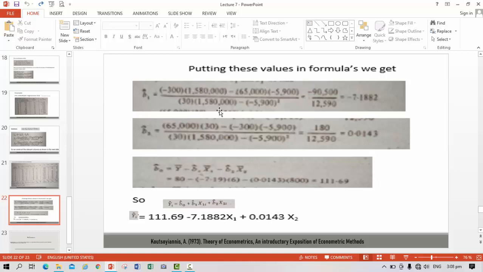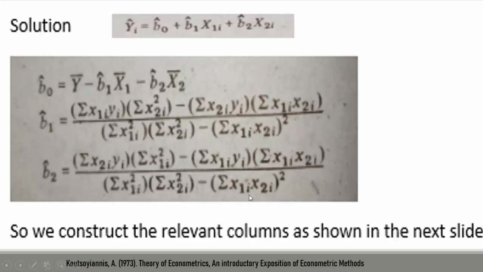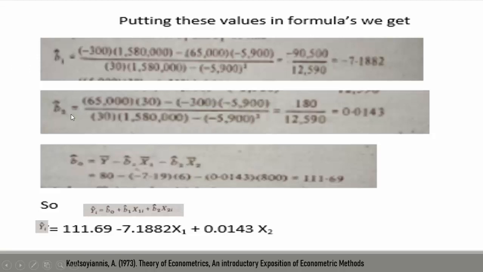We put the observations in and calculate them, and we get the value of beta 1 hat as minus 7.1882. You can multiply these and subtract. After making the subtraction and multiplication and taking squares, you get beta 1 hat as minus 7.1882. Similarly, if we put the values in this table in formula number 3 for b2 hat, we get the estimator for beta 2 hat as